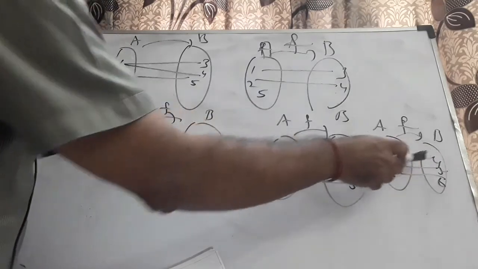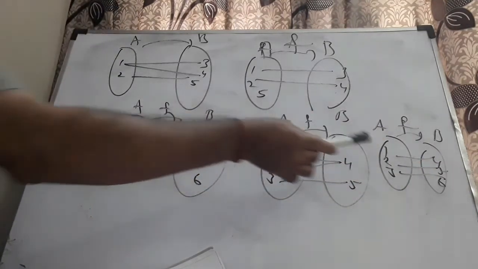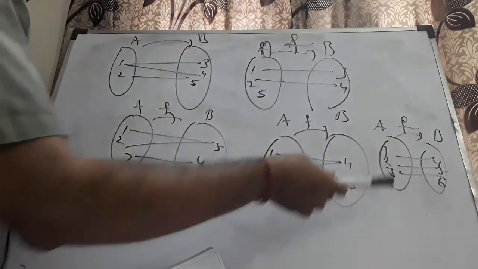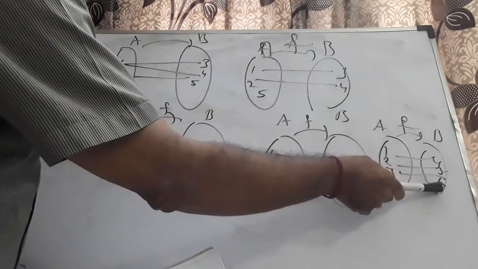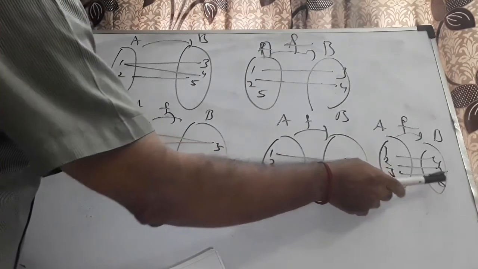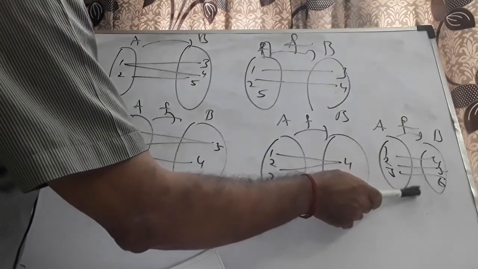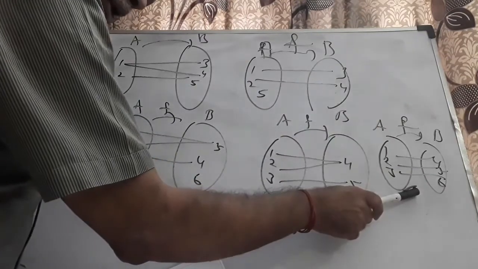Here 1 goes to 4. Every passenger is moving in distinct trains. If such a case arises, it is called one to one. It's one to one and no element here is left out. No train is left without a passenger. Therefore, it is called onto. It is one to one onto. This is called a bijection.